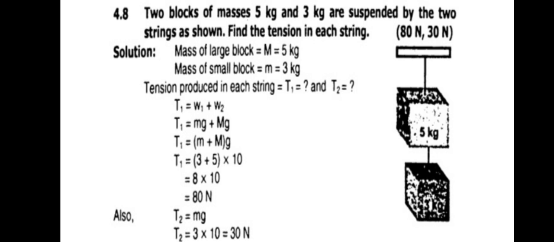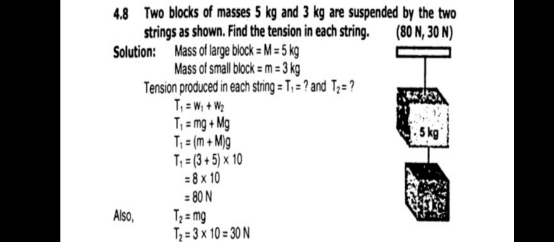You will find out through its mass, that is equal to M, and by putting the value of W equals mg, you will find out the value of W1 and W2 further. Now you will solve it through this method, that is T1 equals W1 plus W2. By putting the value of W1 and W2, you can most precisely solve this numerical by putting the values further.